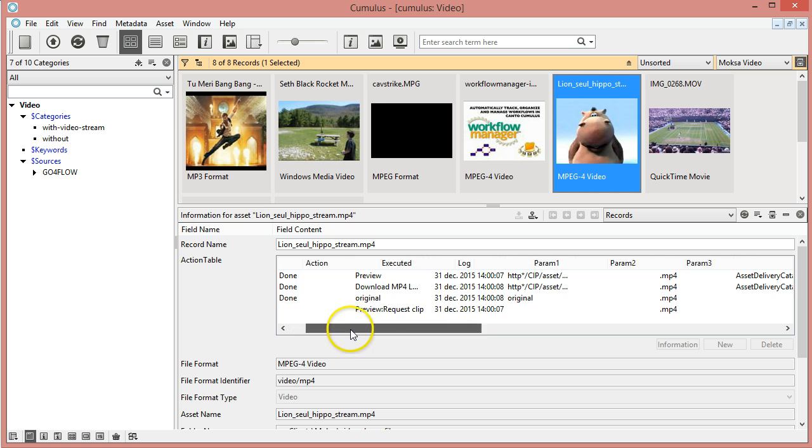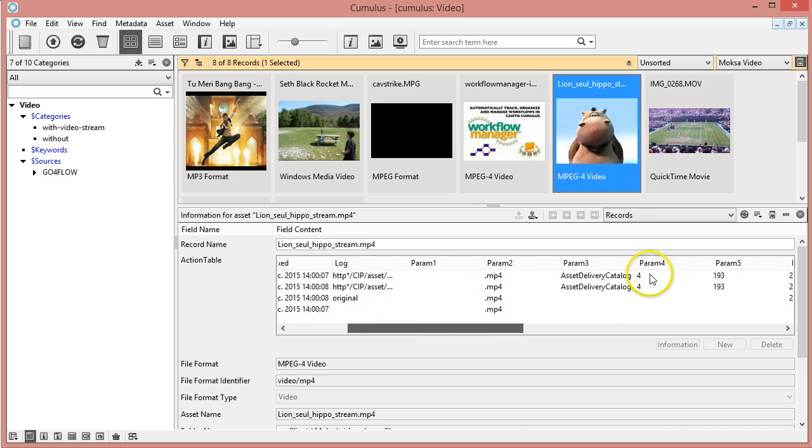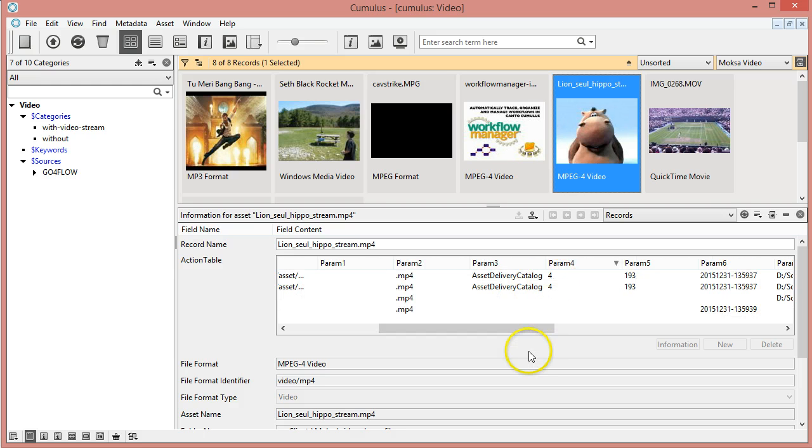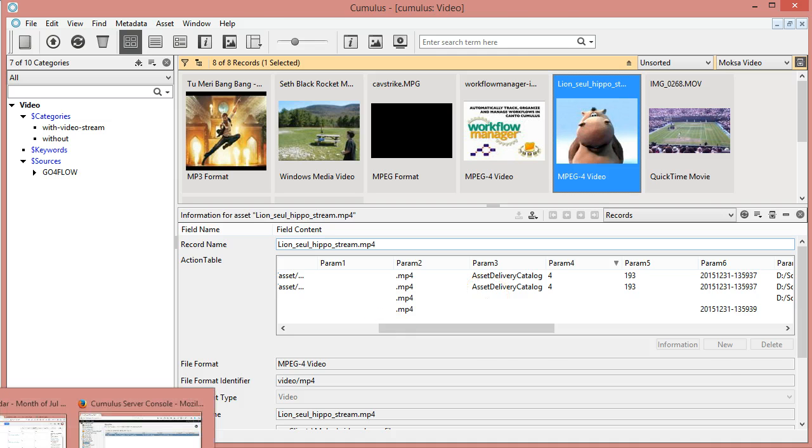Imagine that we have here a table field and that one of the parameters, let's say param4, which is in reality the category index or the category ID, needs to change. Maybe you had a server crash, maybe your IDs changed because you added something to the database.xml file of your installation and it changed the IDs. You need to update this, so what you can do is create a workflow,